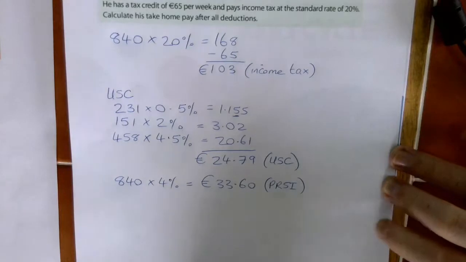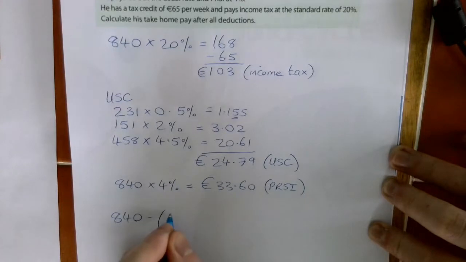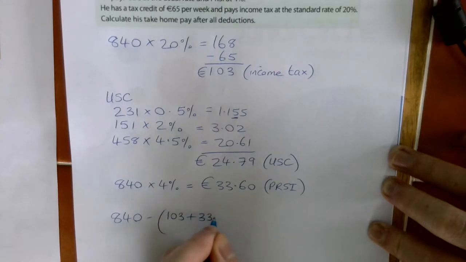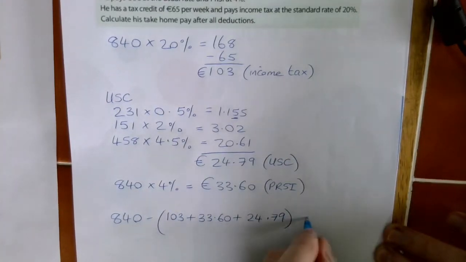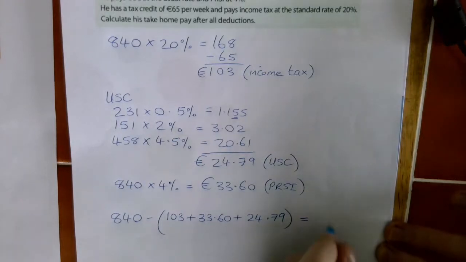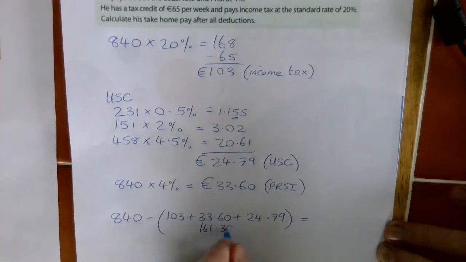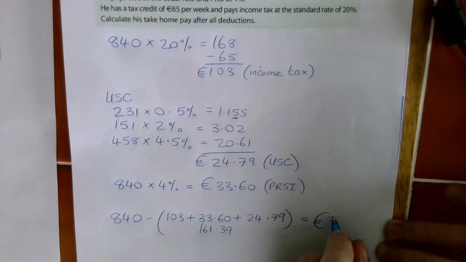Then what we need to do at the end is you get your €840, and you're going to take each one of those deductions away. You take away the 103, you take away the 33.60, and you also take away the 24.79. Now the best way to do it is we add those three figures together first of all. We get a total of 161.39, and then we take 161.39 away from 840, and you'll see that his take-home pay is